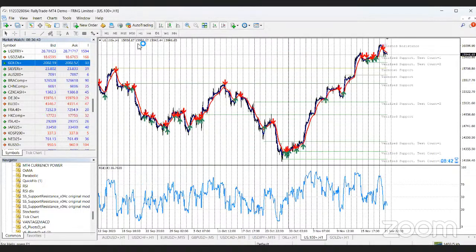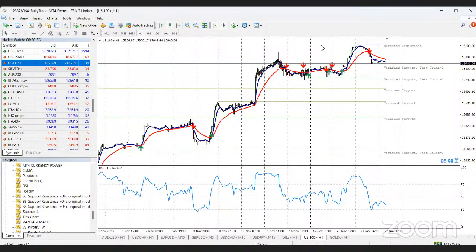But for this morning, you can see it's making lower highs. So it's about to do the same thing again. It's most likely going to try to bounce off this support before it continues going upward. So for me this morning, I'll be sticking my neck out for a buy.